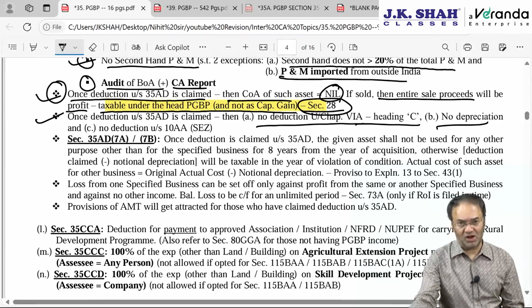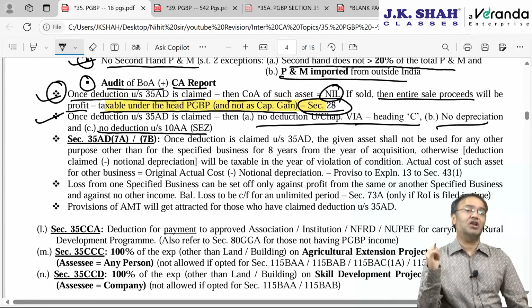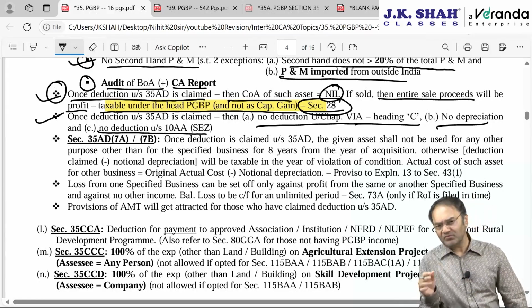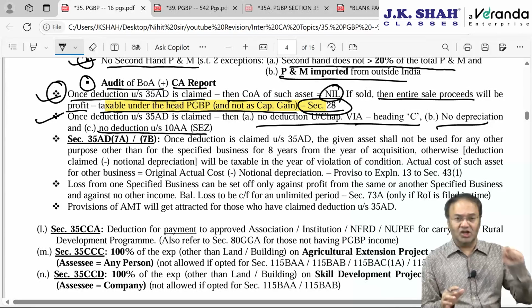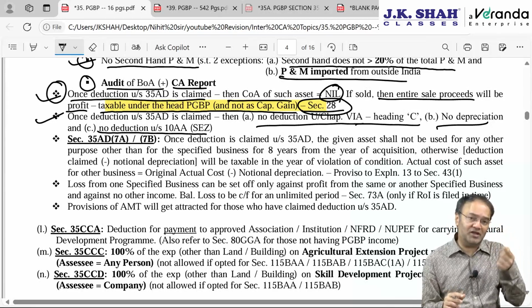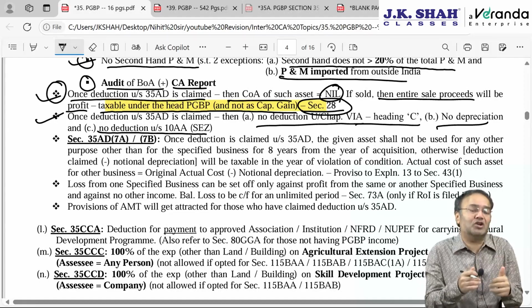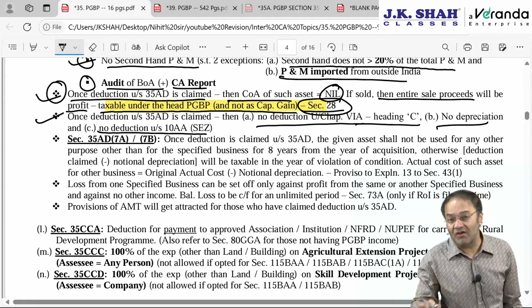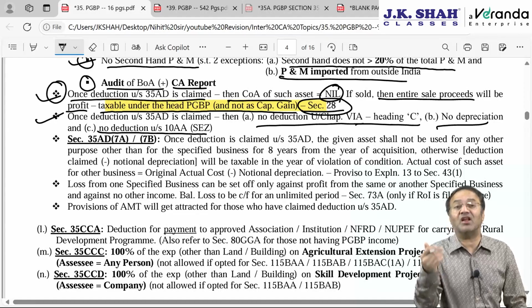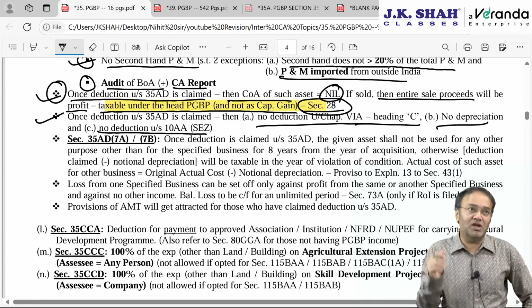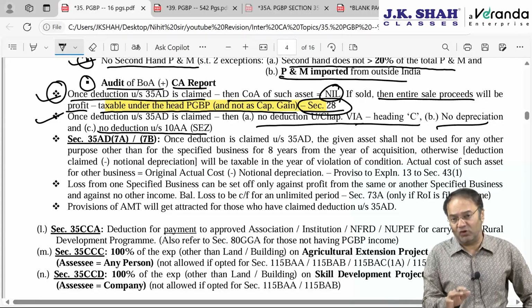No depreciation will be allowed, that is an important point, and no deduction under 10AA. This point I have covered in the section 10AA chapter also. Now see, 35AD is to be claimed on the cost of acquisition of the capital asset, of course other than land, goodwill, financial instrument, but it is allowed as a deduction on the cost of acquisition of the asset, whereas 10AA and Chapter 6A are allowed on the profit from that business. So either you make up your mind in the first year itself, if you are an eligible assessee,